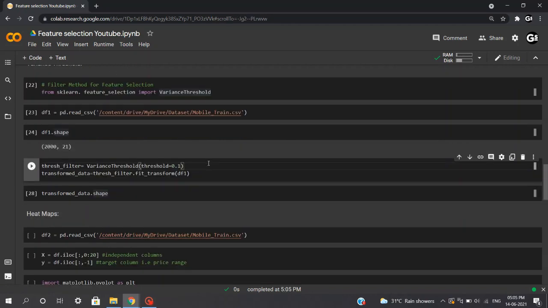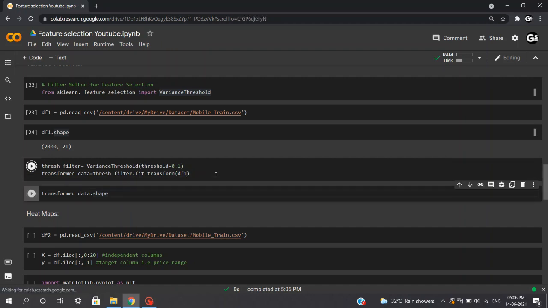Coming to the next step, we'll be executing VarianceThreshold, in which we'll pass the threshold as 0.1. So the features having variance less than 0.1 will be excluded from our data, and we'll save this in thresh filter. Now we'll execute thresh filter.fit_transform on our data frame df1.